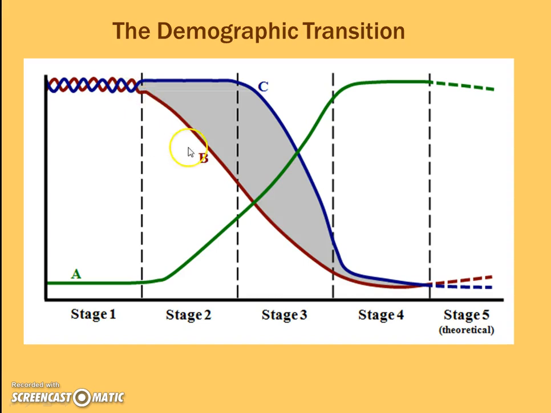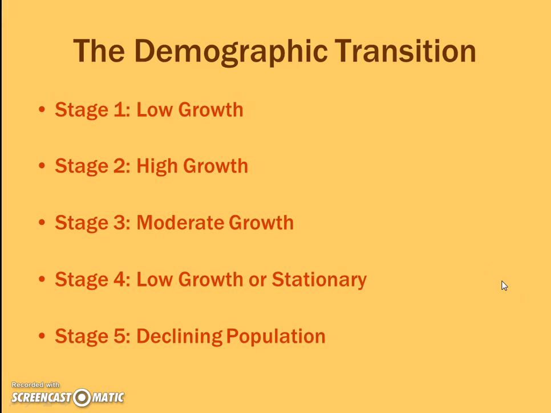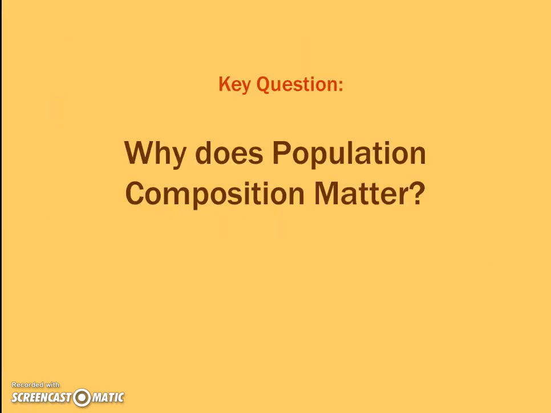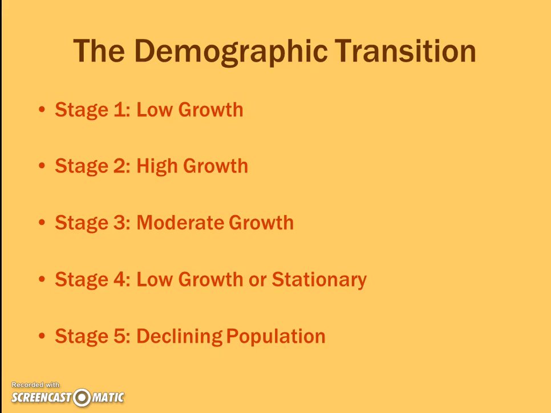The B line is your death rate, and the C line is your birth rate. So just to keep that into consideration. And those are the terms, of course, for each stage. Please remember to be able to name countries in each of these stages. We don't technically have any country in stage 1, although there are countries that are still in that stage 1